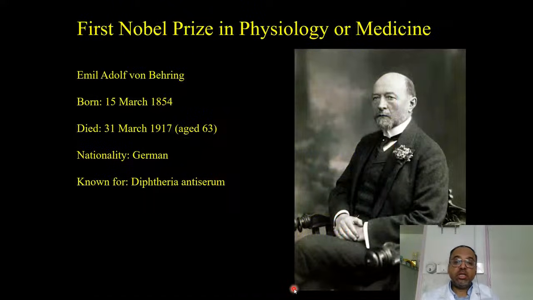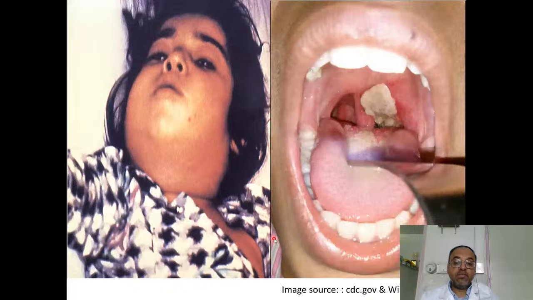The person that you're seeing here is a scientist who won the first Nobel Prize in medicine or physiology in 1901. He was a German physician named Emil Adolf von Behring, and he won the Nobel Prize because he developed an anti-serum for diphtheria. So diphtheria is a very serious infectious disease, which is associated with severe inflammation and swelling in basically the throat. So it's kind of pharyngitis, but much more severe than bacterial pharyngitis that I showed you in